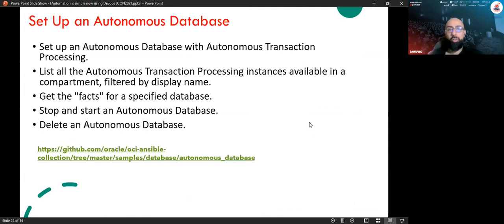You can also use a predefined module, which I mentioned. Actually, I chose to mention it over here since it's a new module that allows Ansible to set up the autonomous database. And as you see over here, this is the link. It's predefined, so all you have to do is install this playbook and, for example, change the variables depending on your setup.